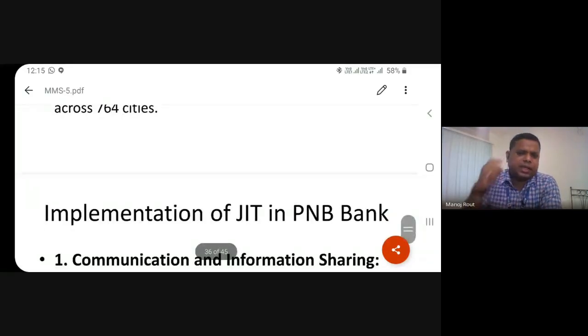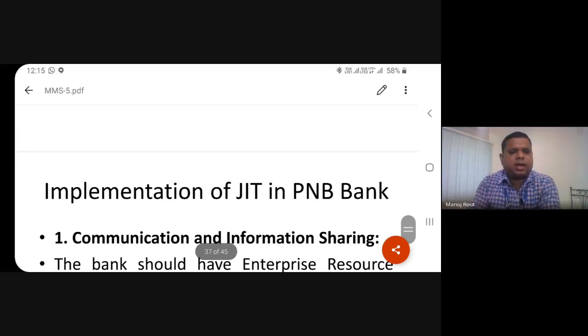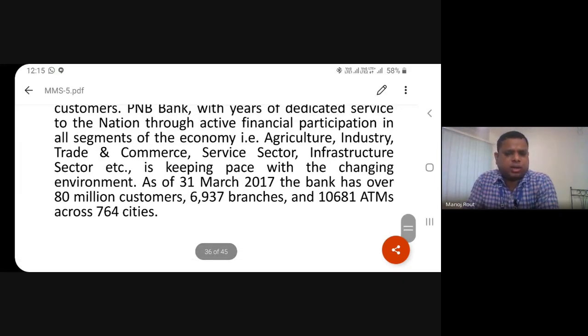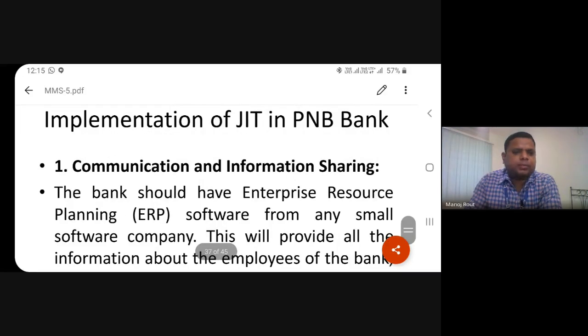Basically, the bank has implemented the just-in-time concept. We will discuss the concept behind just-in-time. Moving to the next slide. So, regarding implementation of the just-in-time concept in Punjab National Bank, the most important thing is